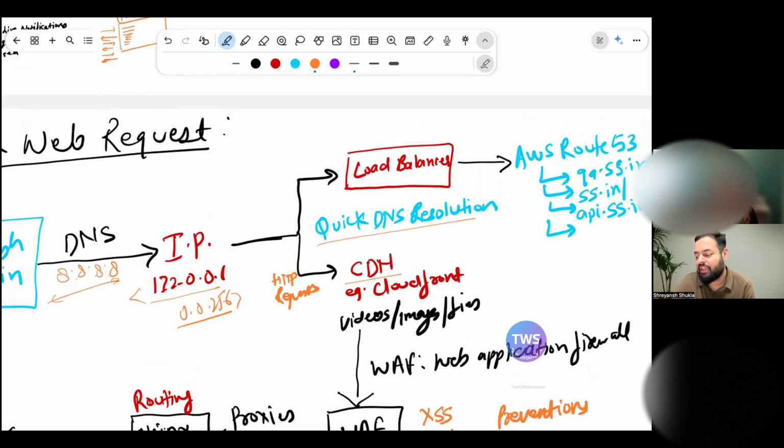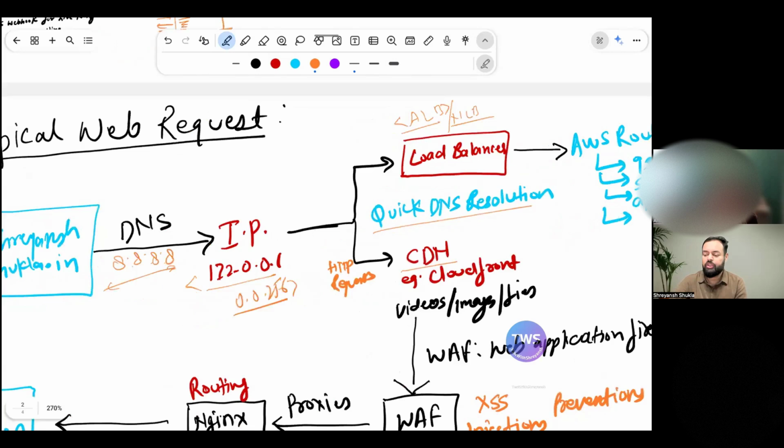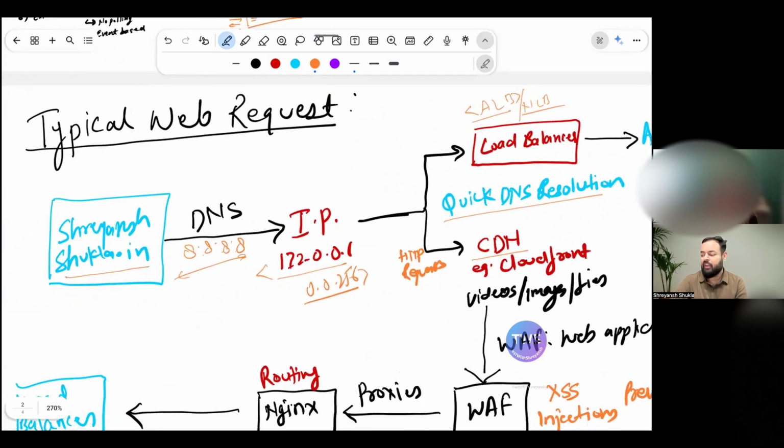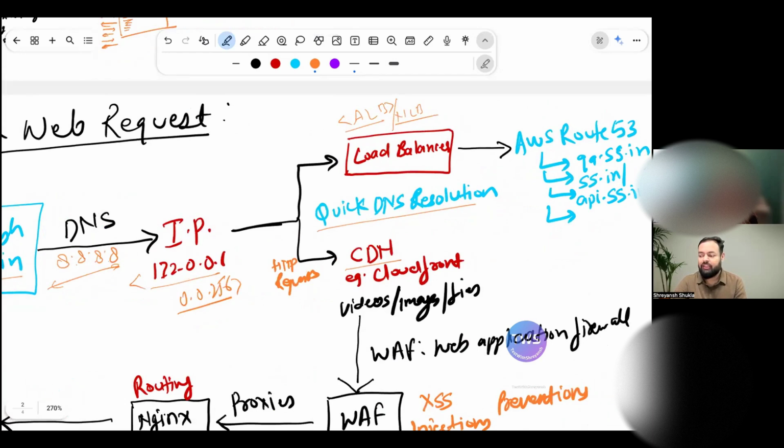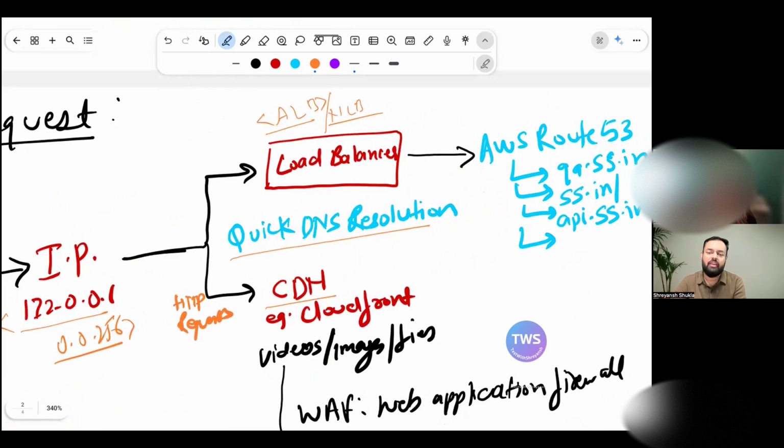Load balancer can be your application load balancers or your network load balancers, right? These are two different categories of load balancer. Application happens to be on the client side, and NLB happens to be on the network side. We'll come to that. So right now we are talking about the application load balancer, right? At this point, let's say my host name was shreyanshshukla.in, right? So if I have a load balancer, I am trying to send particular requests from UK, US, and Europe to different routes that I would have created.